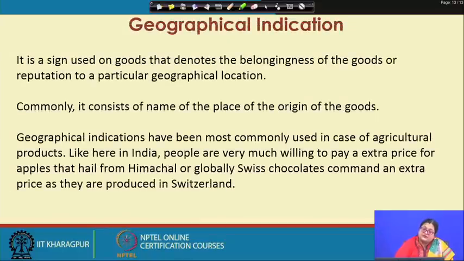Next, we will discuss geographical indications. Geographical indications are signs which are used on goods to denote the belongingness of the good to a particular region or particular location. We will discuss the details of it. We will try to discuss how it is different from trademarks. We will discuss copyrights and the details of the